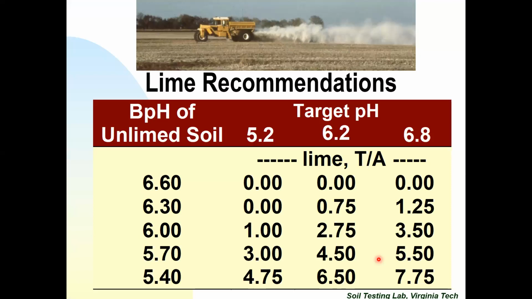So again, here's how our lime recommendations are made. Our buffer solution starts at 6.6, and if after mixing it with the soil it comes out at 6.6, there's no reserve acidity, we don't need any lime. And as the buffer pH, which we call the buffer index on our soil test reports to avoid confusion, drops, our lime recommendations go up. So we have different target pHs. There's a table, and we give you the tons of lime on the soil test report, but this is where it comes from. And you can look at our recommendations guidebook. We've got a target pH, and combined with the buffer pH, that gives us a lime recommendation.